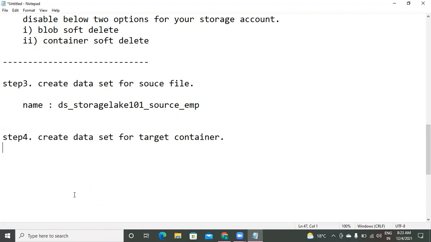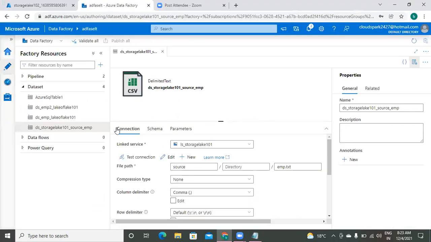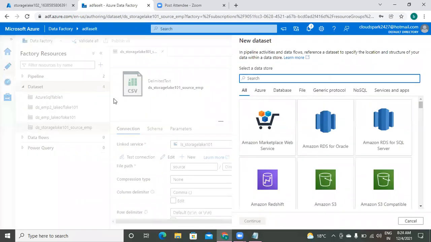Okay, please, all of you, do concentrate on this. Already we have a data set that is published. One more data set I am going to create now. Click on new data set. Now what is your target? Data lake or something else? In our example, that is data lake only. But generally from data lake we will copy to Synapse, or to some other SQL database. For this initial pipeline, we are dealing with data lake to data lake.